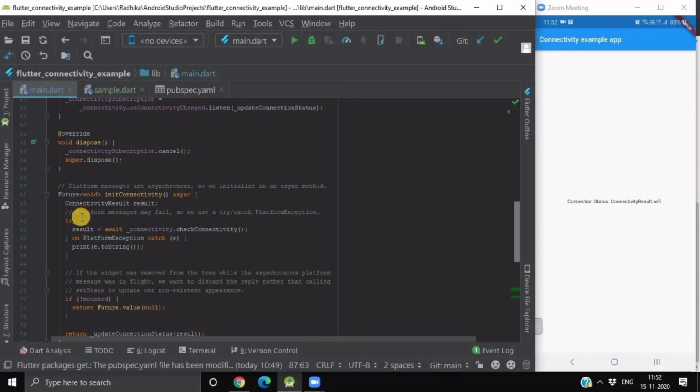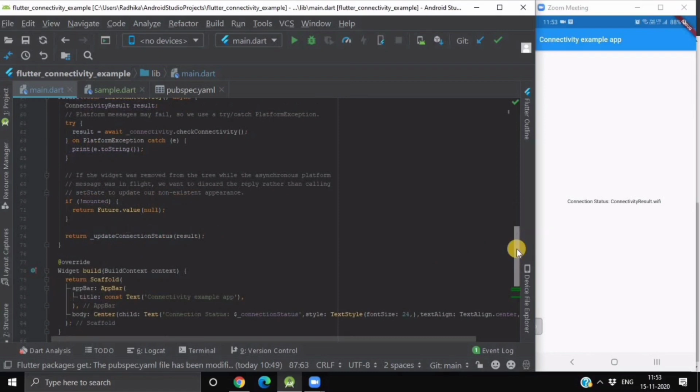To check this, we put this code inside a try-catch to check for the platform exception. Sometimes platform messages may fail, so that's why we are using try-catch for platform exception. Inside try, we return the connectivity object's check connectivity in the result variable.